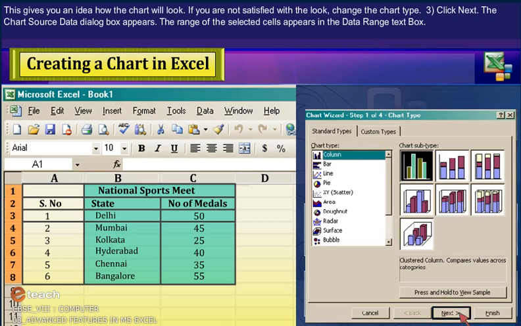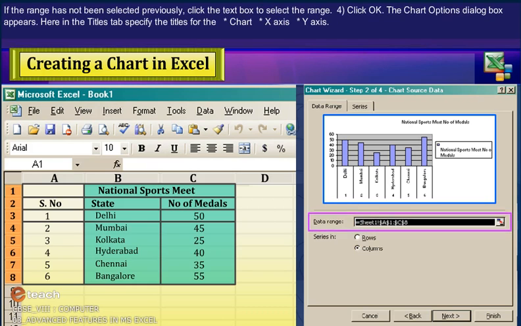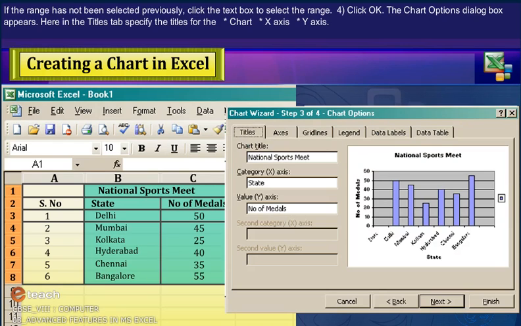3. Click Next. The Chart Source Data dialog box appears. The range of the selected cells appears in the Data Range text box. If the range has not been selected previously, click the text box to select the range. 4. Click OK. The Chart Options dialog box appears.